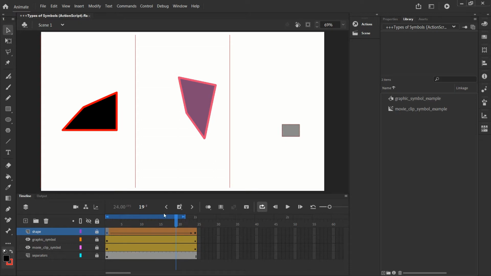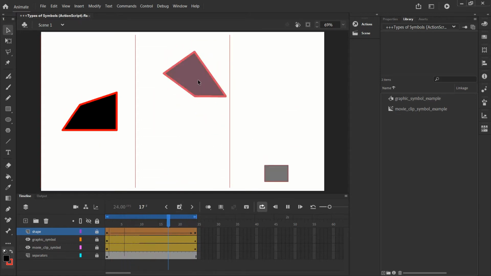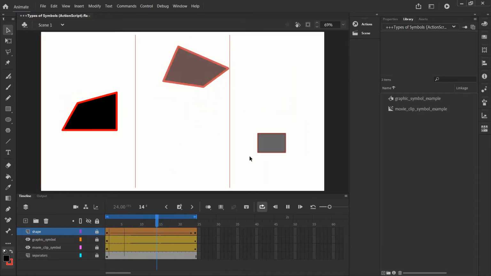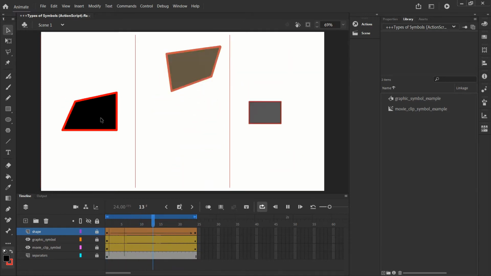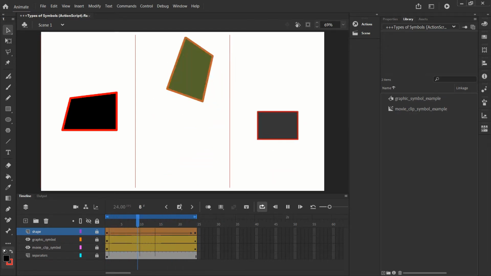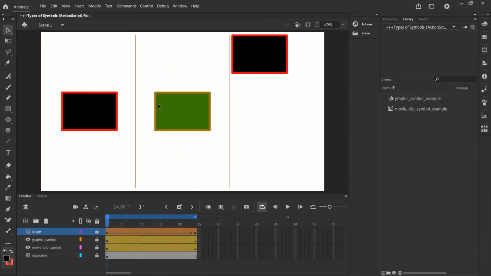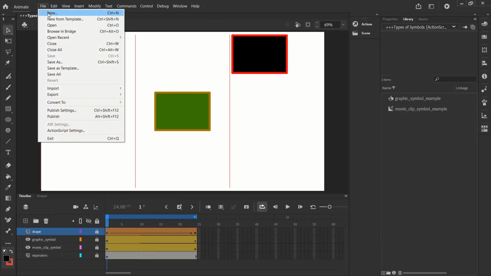And the purpose of this tutorial is to understand the differences between shapes, graphic symbols and movie clip symbols, and to try to understand when you might use a shape or a graphic symbol or a movie clip symbol. Let's begin by creating a new file. So we'll go to File, New,